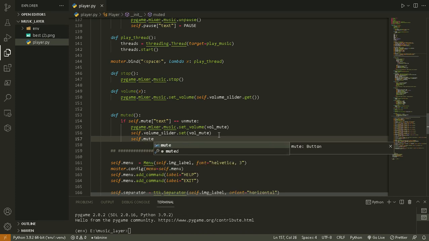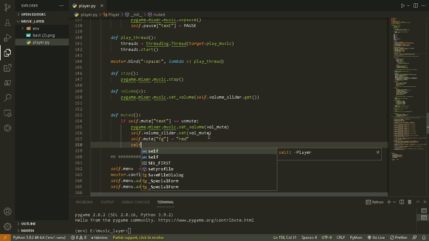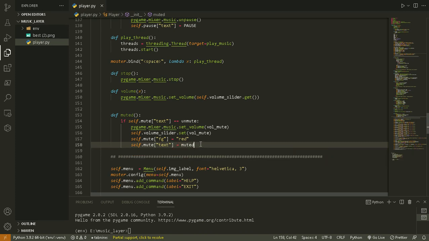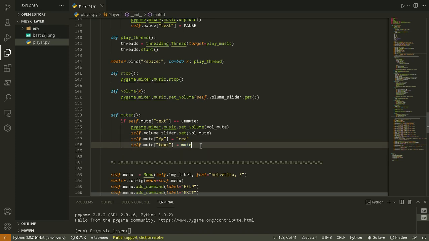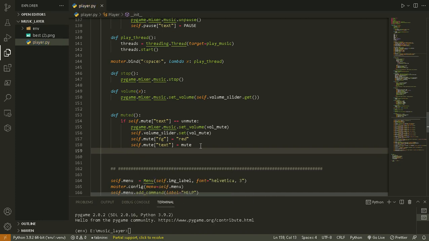Self.mute, then we'll do right here. So we want to change the foreground to equals red, and then also we want to target again the text to equals mute, and then we're muted to equals mute, and then